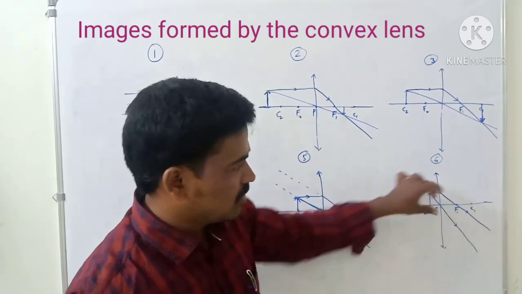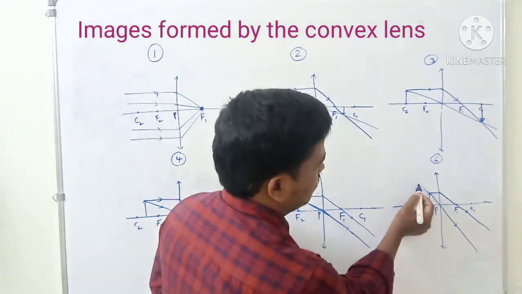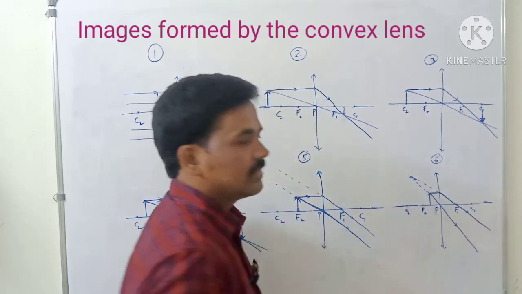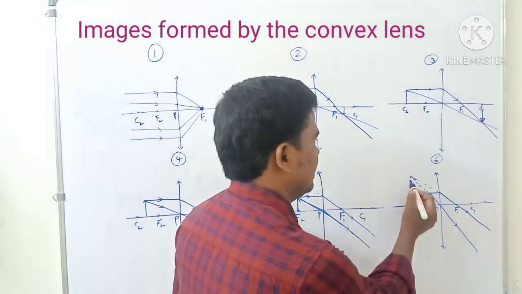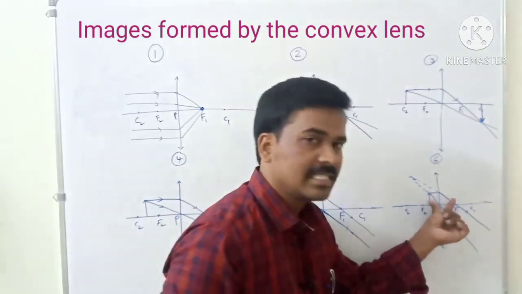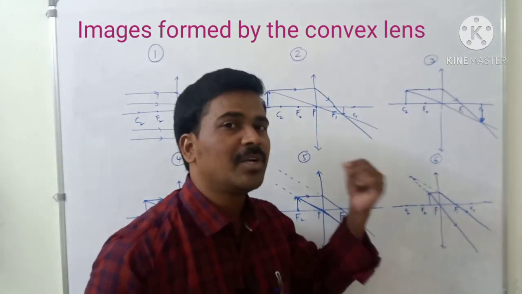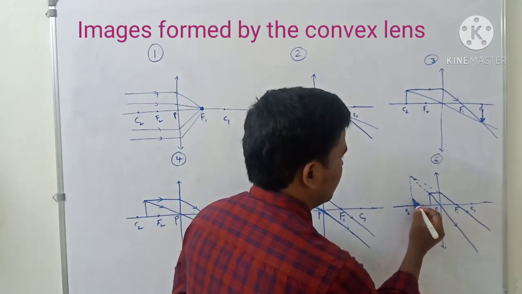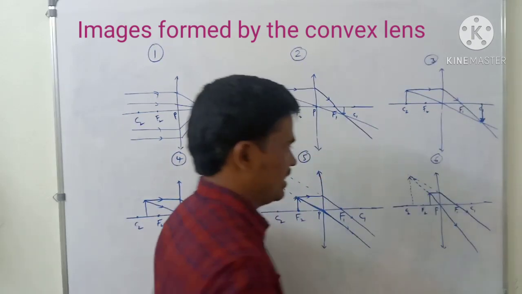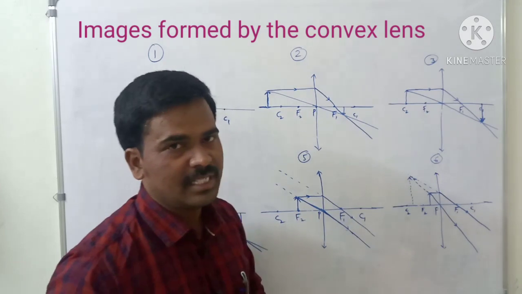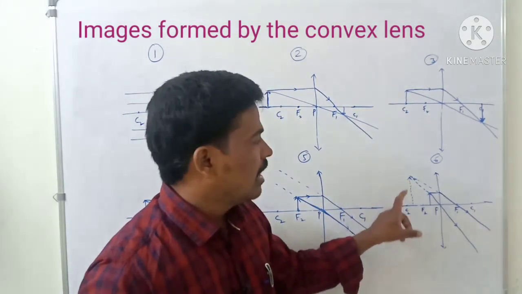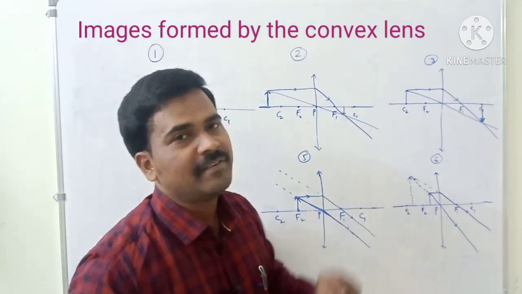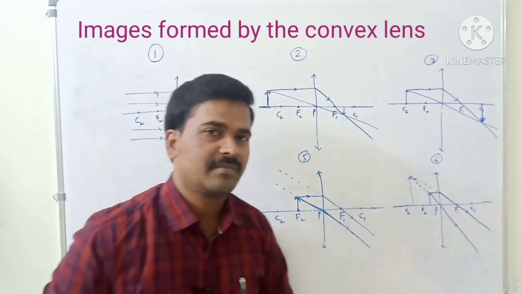Let us assume backward. If you imagine backward, it shows that they are going to intersect backward. They intersect here. That means if the rays intersect backward, we get a virtual image. You have to draw the virtual image with dotted lines. Don't draw a straight line, draw with dotted lines. This image is virtual, not a real image. It is erect and magnified. Those are the properties of the image.